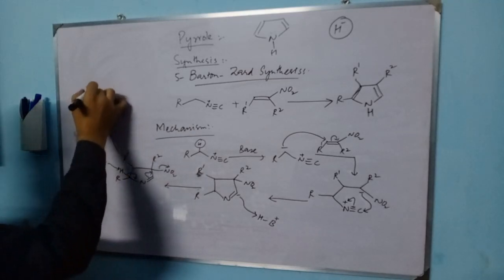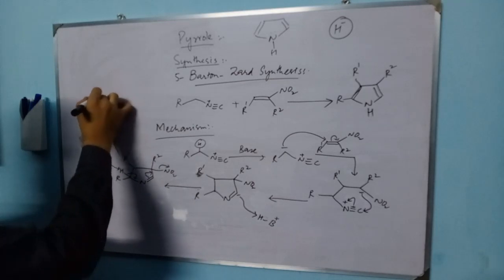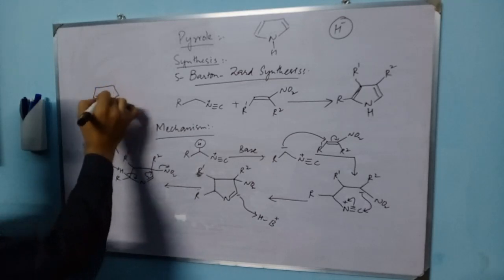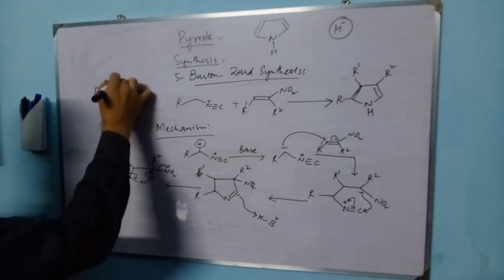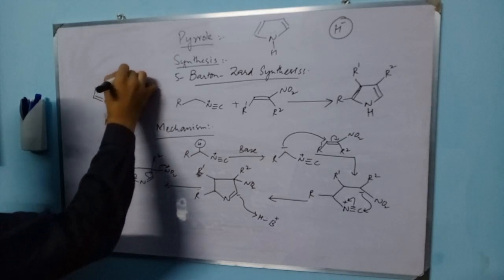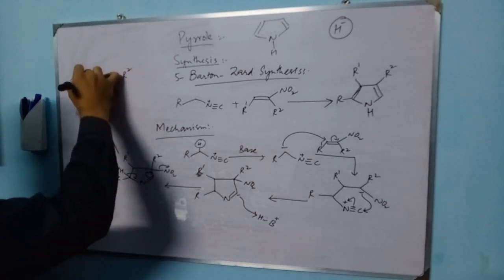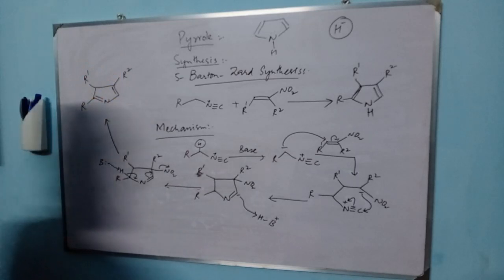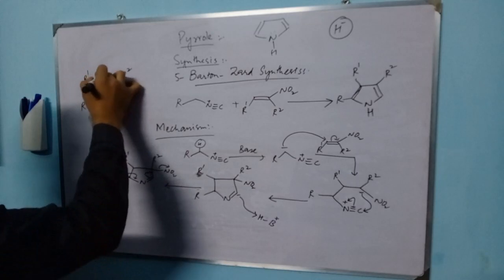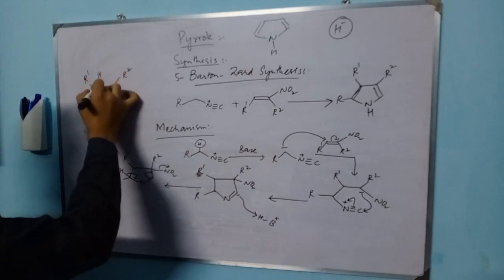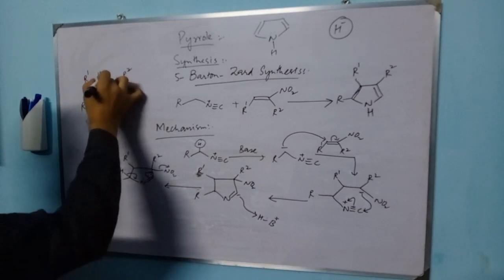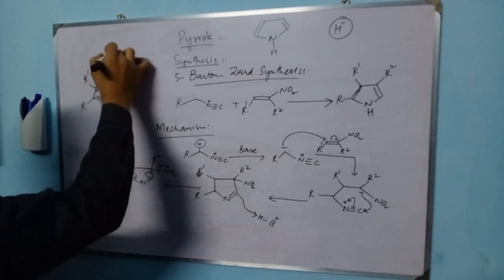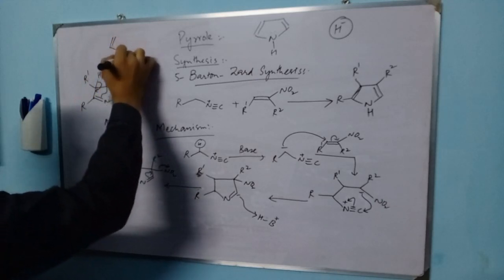This would give us R2, R1, R, and in the last step this proton would be taken up by nitrogen and we will get